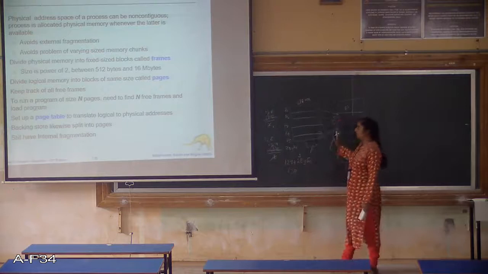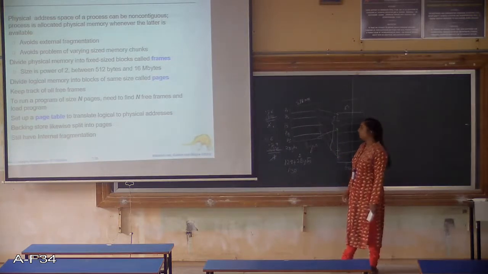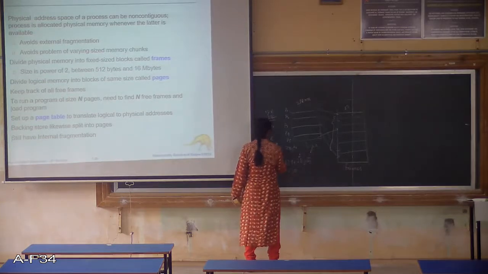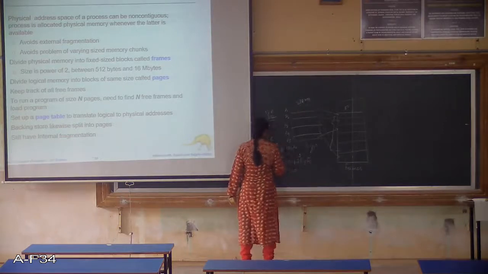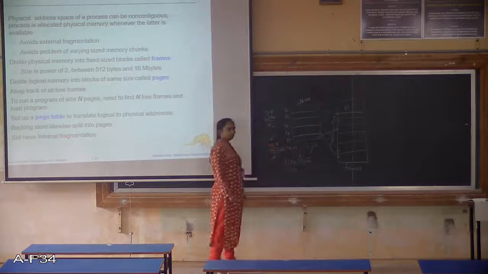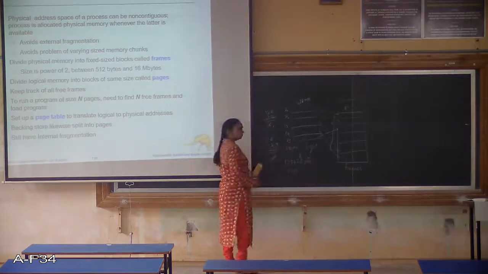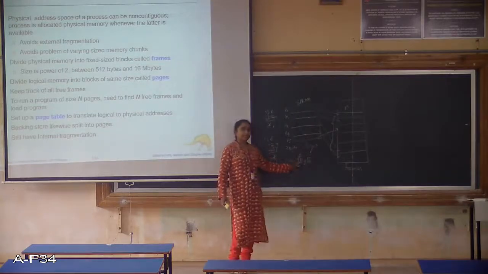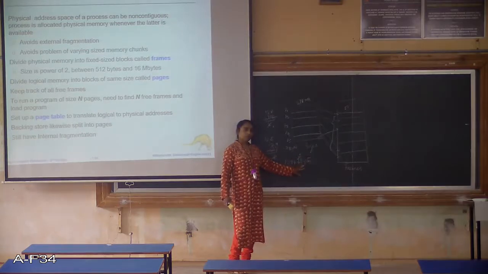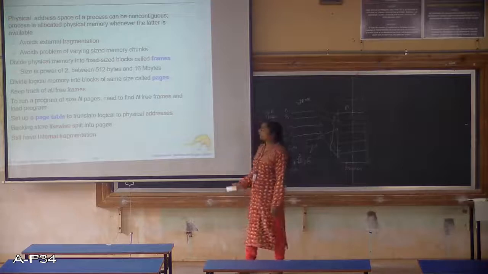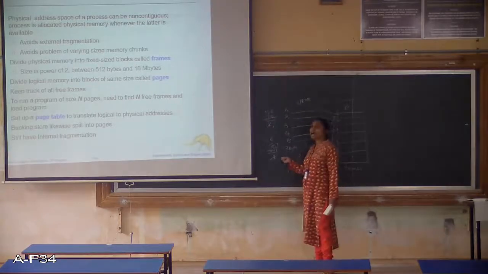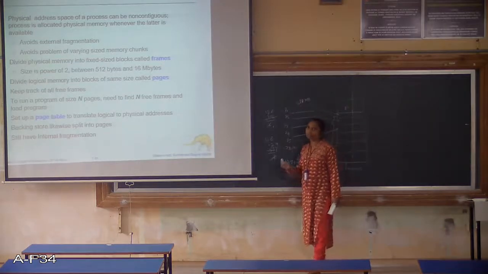So there will be no external fragmentation if you use paging, but there can be internal fragmentation. If it was, for example, 512 or 516, and it is 517, how many bytes would have been remaining? Only 1. For 1 byte, 1 frame has to be given. This looks very small right now because we have considered a page size and frame size of 4 bytes. But if you consider examples where the page size is in terms of MBs, then you will realize that there is a large amount of space that is wasted in internal fragmentation. If there is a fraction which is in MBs,